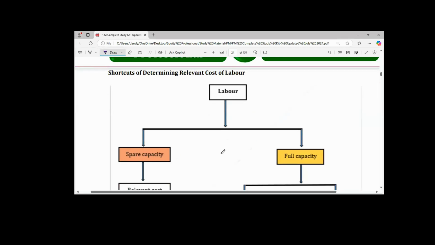Under labor, I mentioned two items. I said those two items must be critically examined in the determination of relevant costs of labor. One is idle capacity, then two, full capacity. The idle capacity is also known as spare capacity. And I said that is when an employee is not fully engaged, okay, due to low volume of activities, all right, then the employee may be working with spare capacity, may be idle for a specific period, all right? So if that is the case,